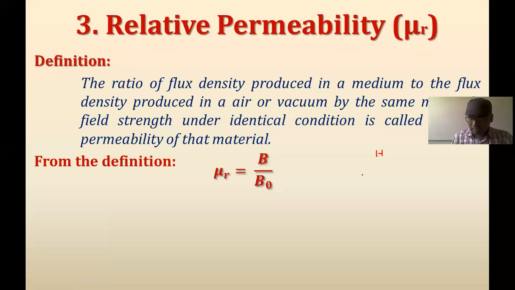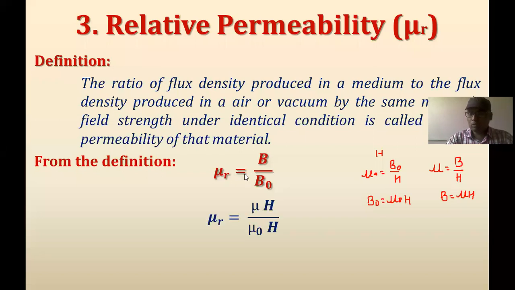As you know, mu 0 is equal to B naught upon H, and mu is equal to B upon H. We can also write B naught is equal to mu naught into H. Similarly, we can write B is equal to mu into H. If I put the values of B and B naught in the equation of relative permeability, we get mu r is equal to mu into H upon mu naught into H. Here H, the magnetic field strength, is the same for both, so it gets cancelled, and we get the equation